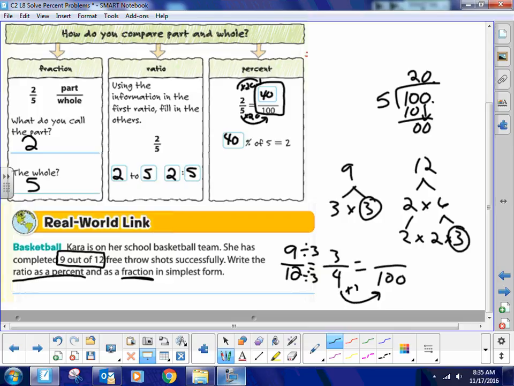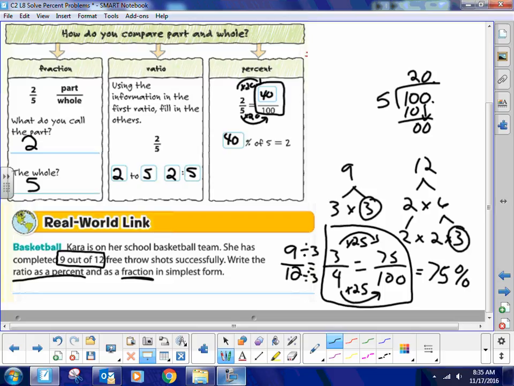This is 25 times 4, or 25 fours in 100. So you multiply 3 times 25, and you get 75, which is equal to 75%. Now, if you can't just do this part,